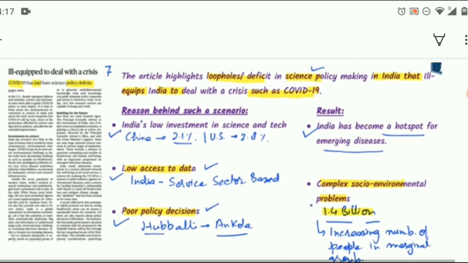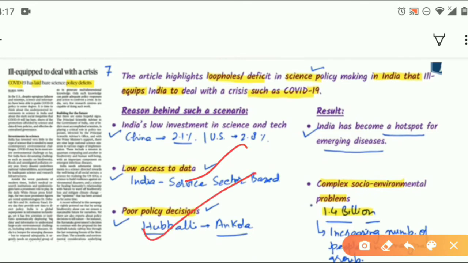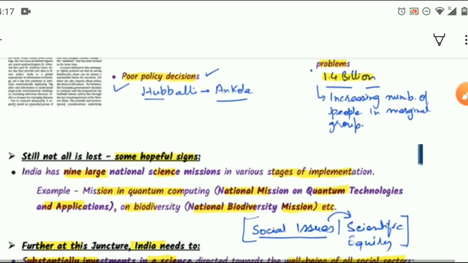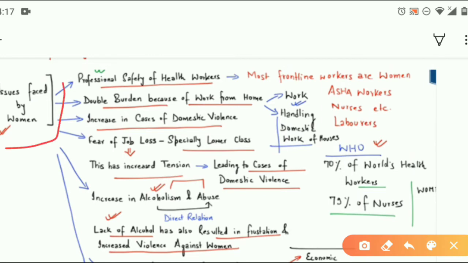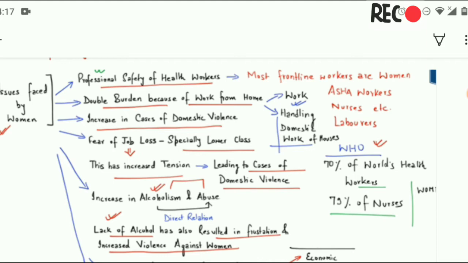This is one of my current affairs notes, a screenshot of my daily news simplified news analysis. I'll also tell you about how I make current affairs notes. So this is about women's safety during the coronavirus times, and how domestic violence has increased, what the effect is on the economic position of women, and what the scale of job loss for women is, in different sections of society. So this is how you can make very organized notes depending on the GS papers, and also subtopics.